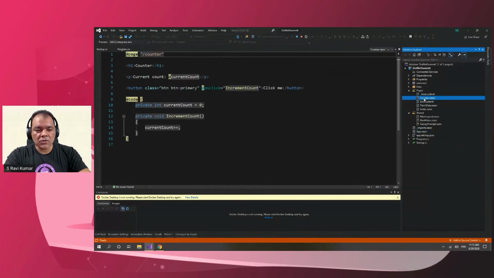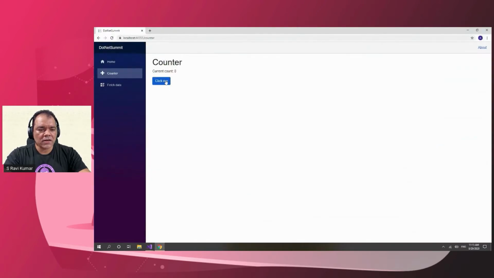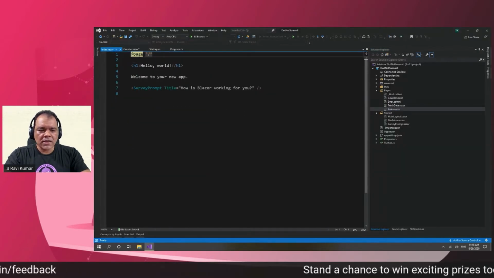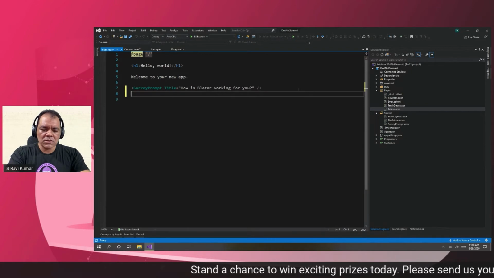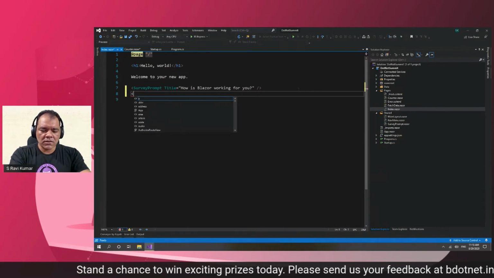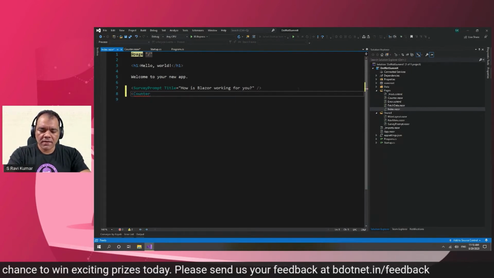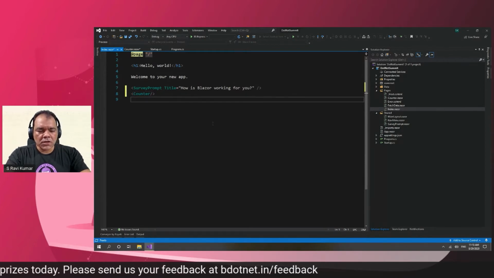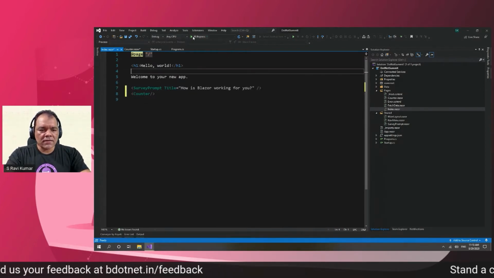This counter page is a page component where we have this routing directive. This basically controls the URL. So counter is the routing URL, and you can see that counter is starting here like this, and this one is the root. Let's say this is the index page, and I want to use counter here like this. So if I put counter here and I run this code,